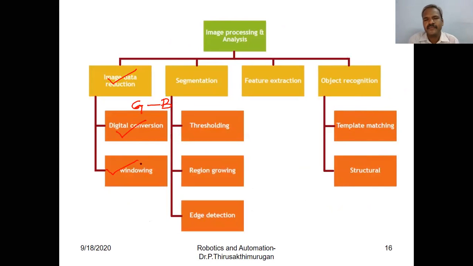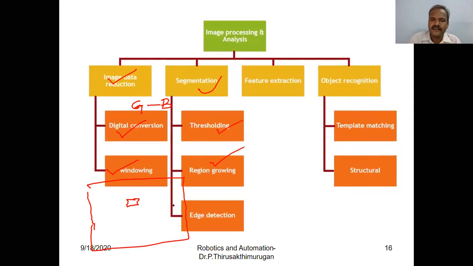Windowing is, if an entire big image is available, we can select a particular region, a small window size, grab it and analyze it. Also in the segmentation stage, we discussed thresholding, region growing and edge detection.